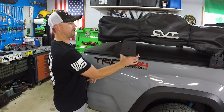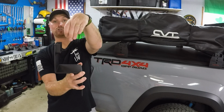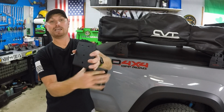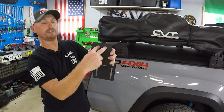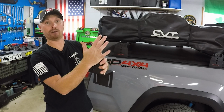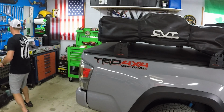So once this is mounted on the truck, those aluminum racks that I just had in my hand will actually just drop down into this cup, and the racks are threaded. So the bolts will go directly through the side into the rack and thread right on. Now what's really cool about this is